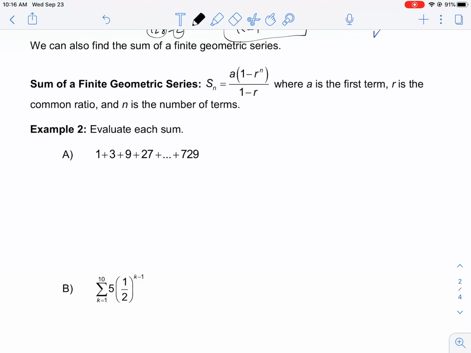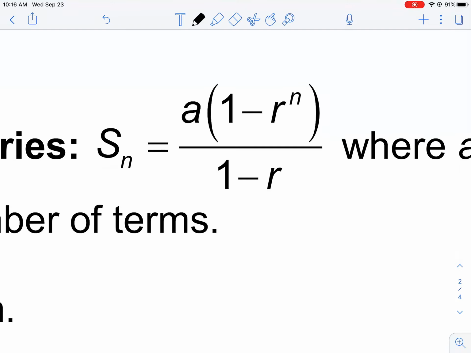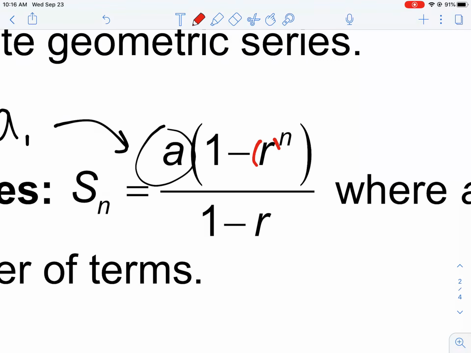Okay, so we have the equation, first off, which is the sum of a finite geometric series. Now, I am going to change this a little bit. Just a reminder, this A is really meaning A1. Back in the vocabulary, they do imply the same thing. Now, the changes I'm going to be making to this particular equation are as follows. This set of parentheses, that's not optional. These parentheses must be here. Normally, it'll depend on the number, right? Not always will the parentheses affect it, but like 9 times out of 10, it will make a difference in